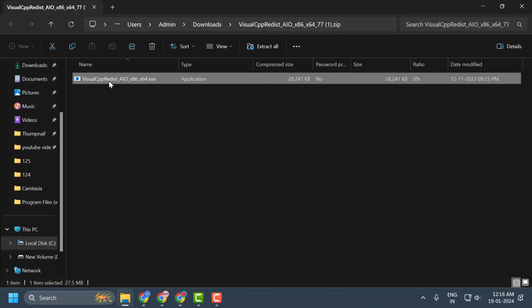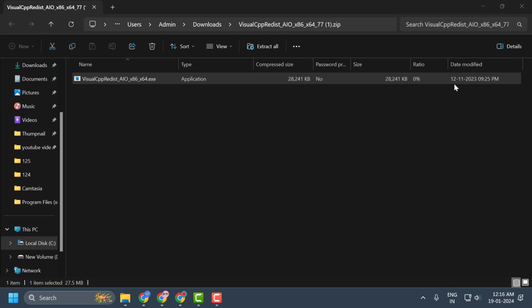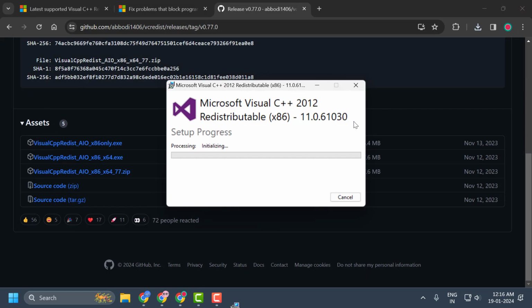Just open it, select next, and it will automatically install the relevant Visual C++ versions for you guys, and hopefully your issue has been resolved,